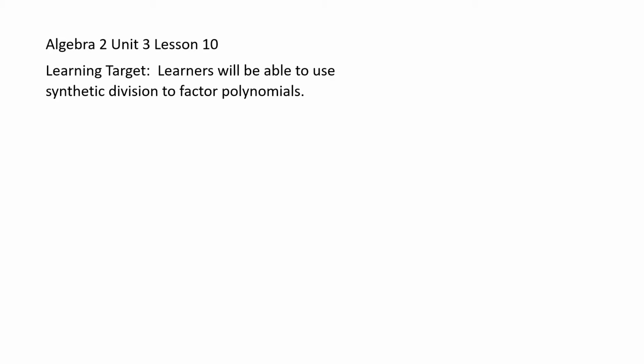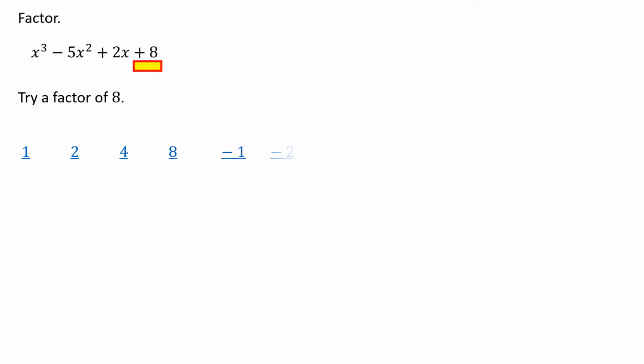We're going to use synthetic division to factor polynomials completely. And with this polynomial, you'll say, hey, the constant term at the end is an 8. So whatever I try, it better be a factor of 8. All right, so I could use 1 or 2 or 4 or 8, or the negatives, negative 1, negative 2,